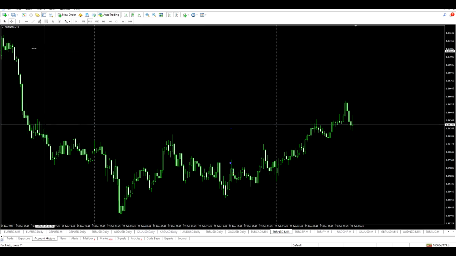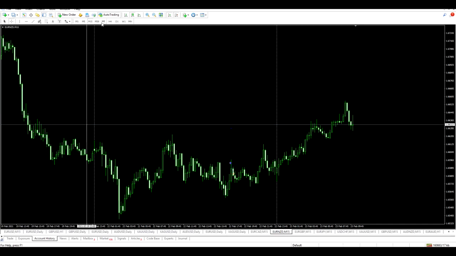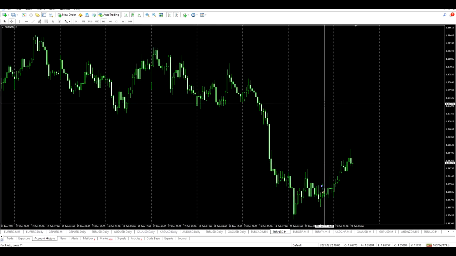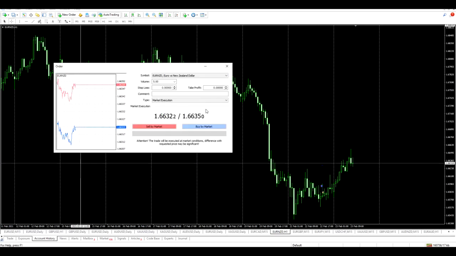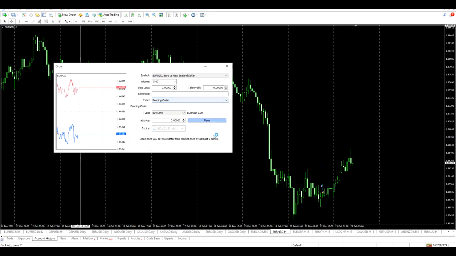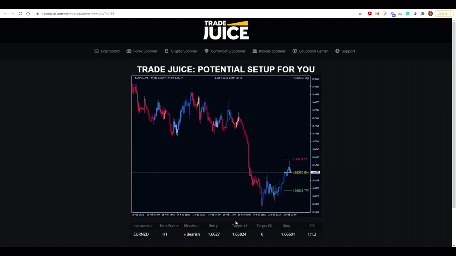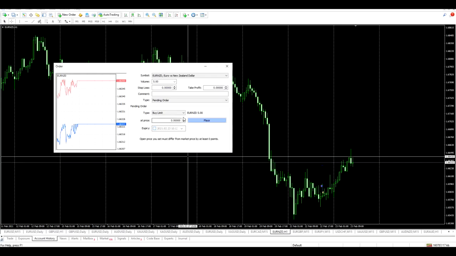What I'm going to do is go to the New Zealand dollar, and I'm going to go to the 1 hour time frame, and I'm going to enter a new order. Price is not yet at the point of entry, so I'm going to set up a pending order. All I'm going to do is copy the entry, and I'm going to put that in, and we're going bearish, so I'm going to put this in as a sell stop